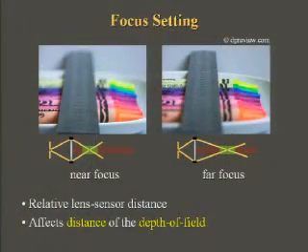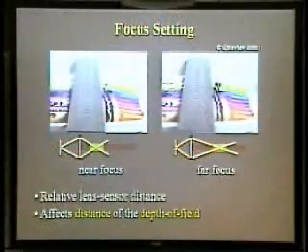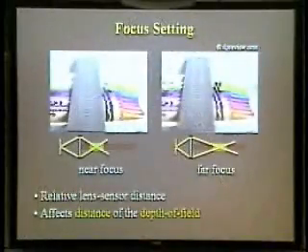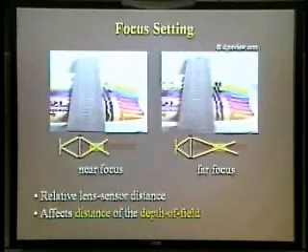Next we have the focus setting control, which manipulates the distance of the in-focus region in the scene. Here we have a near distance in focus and a far distance in focus. The in-focus region, shown by these green rectangles, is also known as the depth of field. This is the region where blur is acceptably small. In practice, we define this region of acceptable focus using some maximum blur level, shown here with the red zones. Within the depth of field, the scene is captured with perfect sharpness, but outside we see increasing levels of blur as we get further and further away from the depth of field.